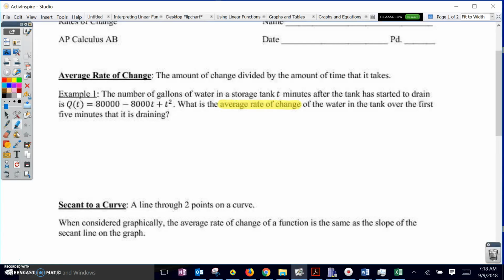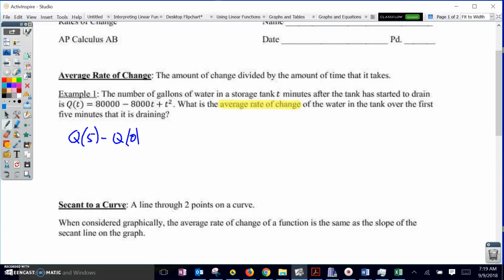Key phrase here, average rate of change. And you guys have found average rate of change plenty of times before in your life. You know it by probably a different name, and that name is slope. So anytime we see the phrase average rate of change, we're really talking about just finding the slope between 2 points. So if we're finding the average rate of change over the first 5 minutes that it's draining, that means we want to find the value of Q of 5 minus Q of 0